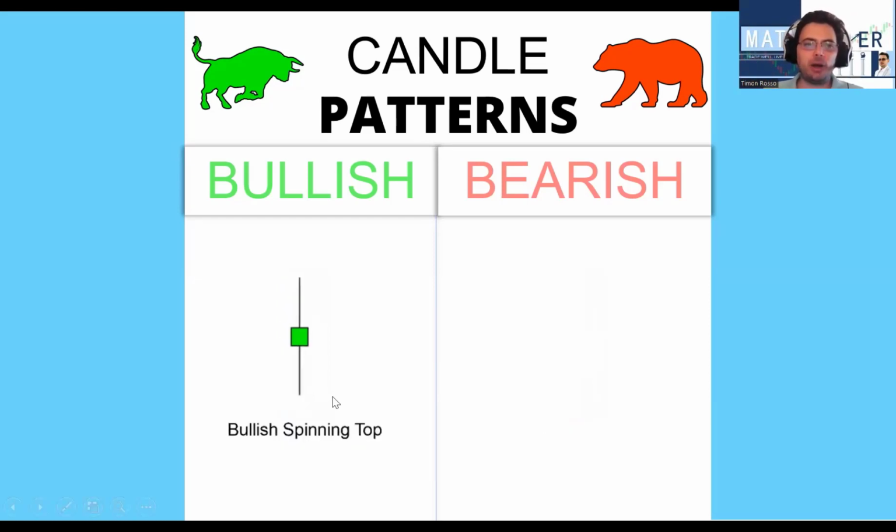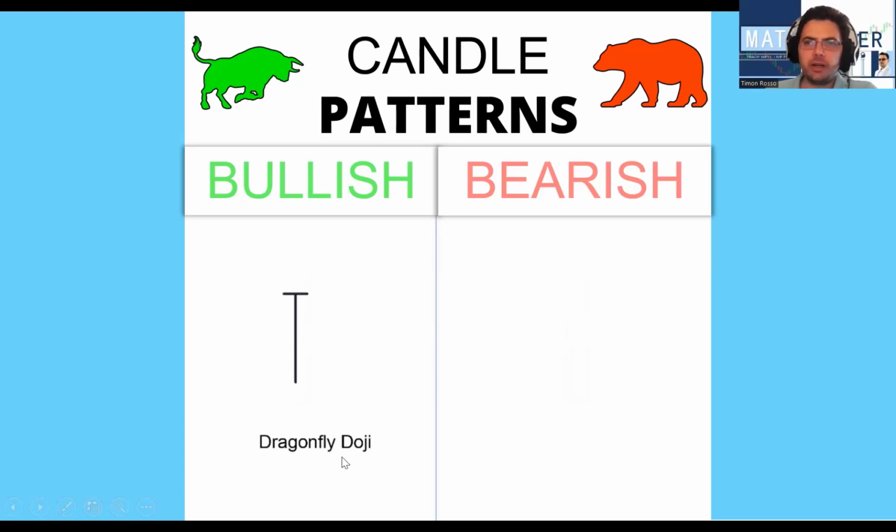The bullish spinning top and the bearish spinning top. So the open is below the closing price for the up candle, but you can see that it looks like a spinning top. The wick between the high and the closing price is very similar to the wick between the open price and the low. Similar to the bearish spinning top, the open has quite a large wick between the high and the open and the close and the low. So bullish spinning top and bearish spinning top.